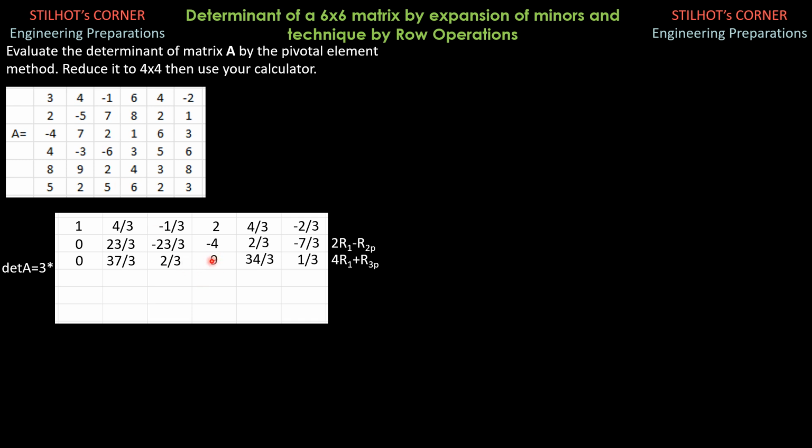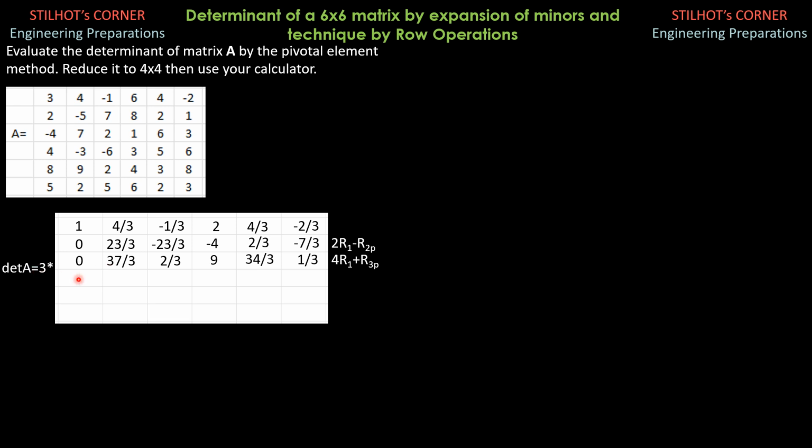And let's check if this is really 9. 4 times 2 is 8, plus 1, row 3 previous, 8 plus 1 is 9. So I'll check this. 4 times negative 4/3 is negative 8/3. Negative 8/3 plus row 3 previous, negative 8/3 plus 3 is positive 1/3. So it's really positive 1/3. So you check that because you have the calculator there in your hand.